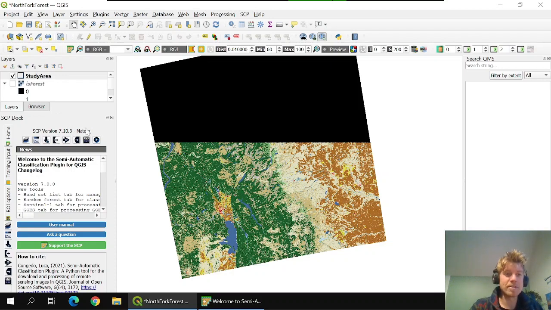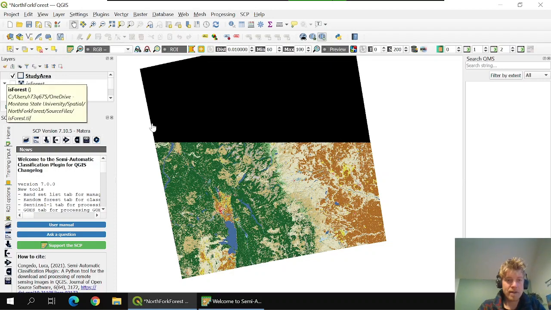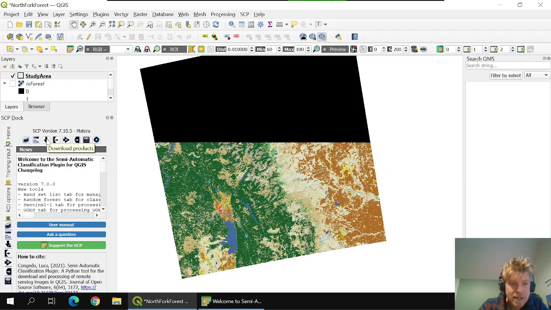And of course, the remote sensing course gives you a much better conceptual understanding of what can be done with this sort of thing. So one of the cool things about this plugin, it's not just an analytical tool. It also provides us with some simple tools for downloading data. So if I go ahead and click on this download products button here,